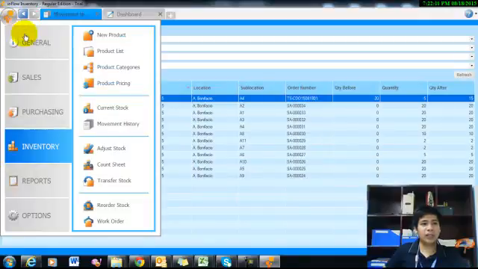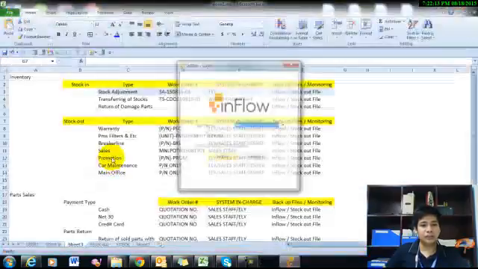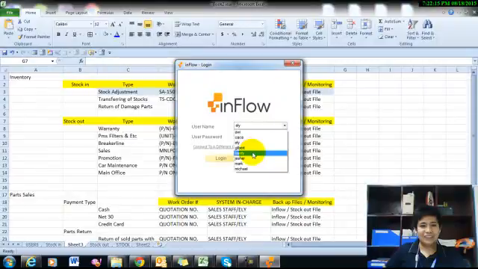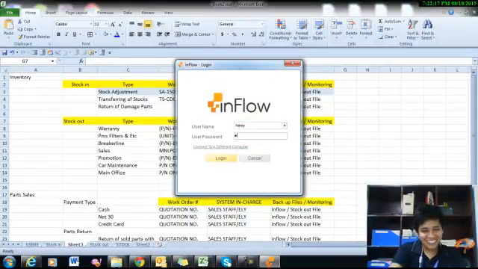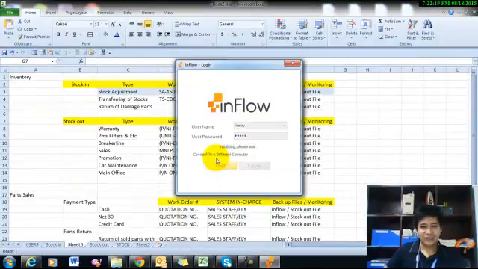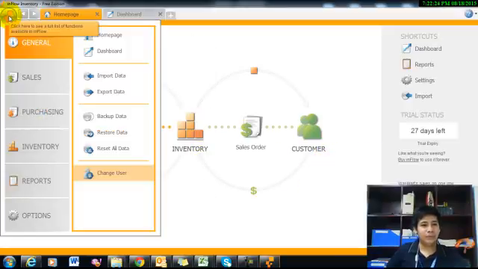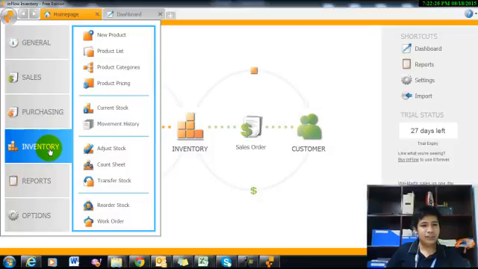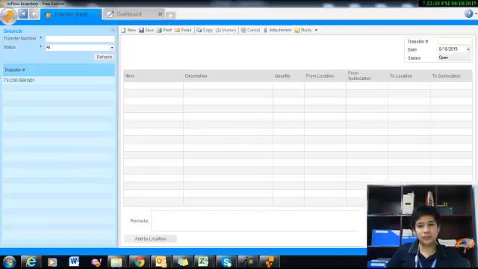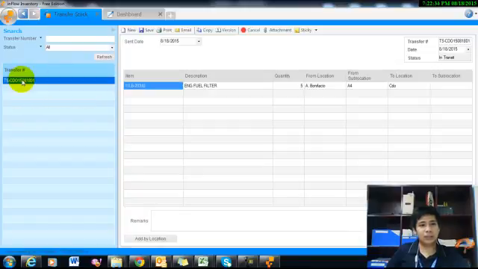So let's try to log in Mr. Henry to receive the item. Mr. Henry, transferring stock. And then click the transfer number.